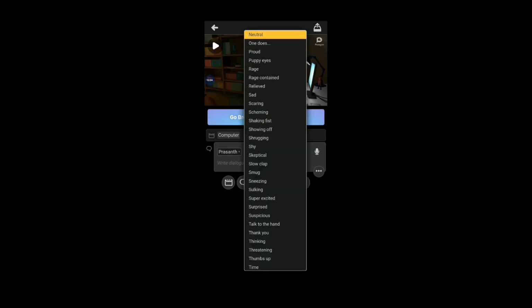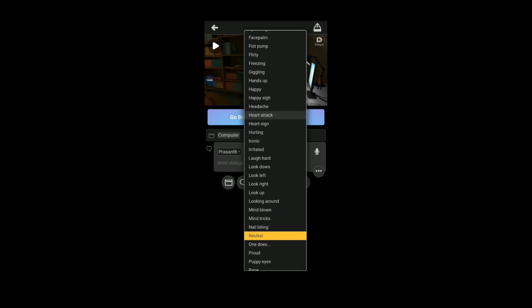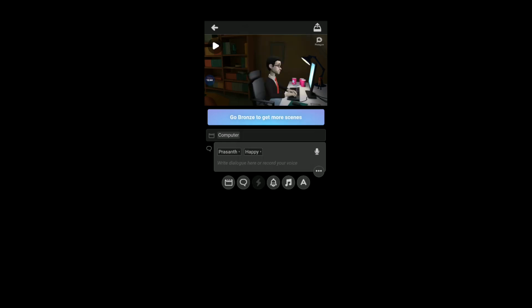Recording icon you have to press. So we will get the additional pop-up window to record our video. Press on the red icon, then we will get the option for recording audio. So I am going to record the voice. Press the red icon. Okay. So allow our mobile system for recording the audio.